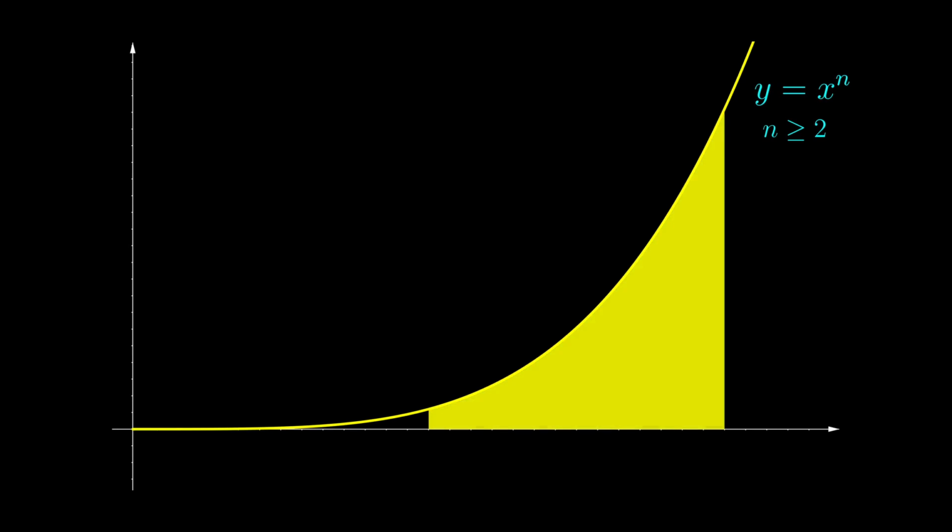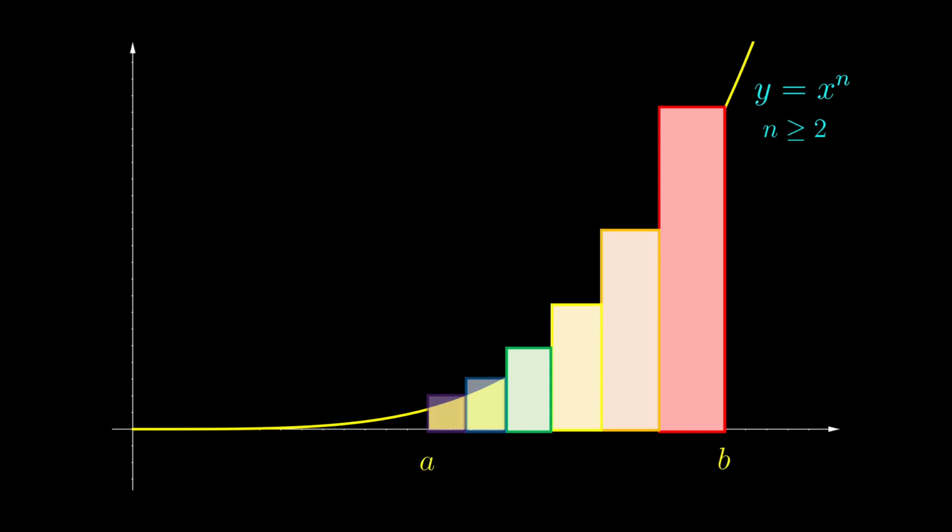Then we consider the area under the curve from a to b, and we approximate the area using these quite interesting rectangular strips. Here, these rectangular strips end in br, br squared, br cubed, and so on. And ultimately, the lower limit a is b times r to the power k, where k is the number of rectangular strips. And the height of each rectangular strip is the function value at the right of the strip.